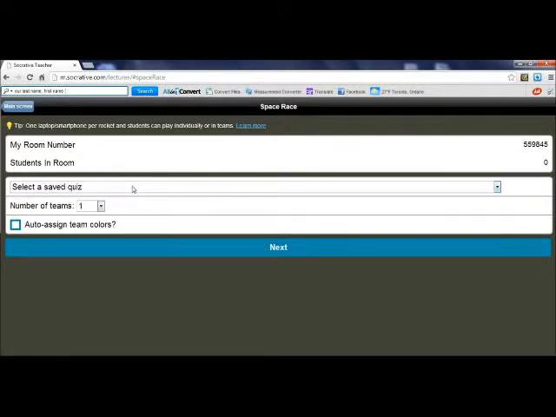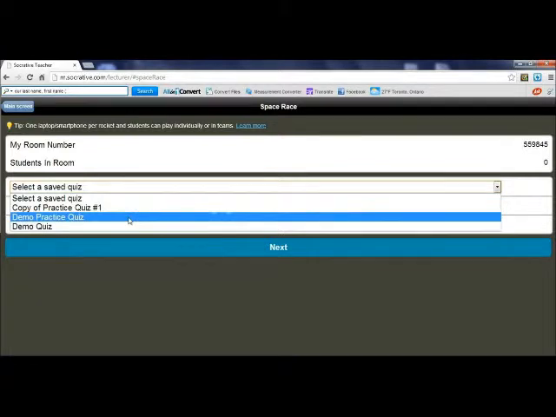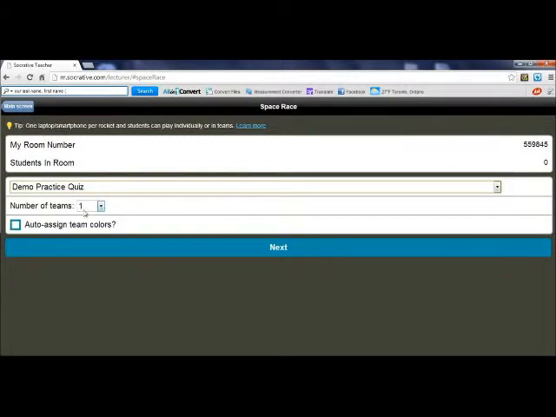So this is how you create a space race game. You design a quiz made of multiple choice questions. So that's back there in the manage quizzes. So here,